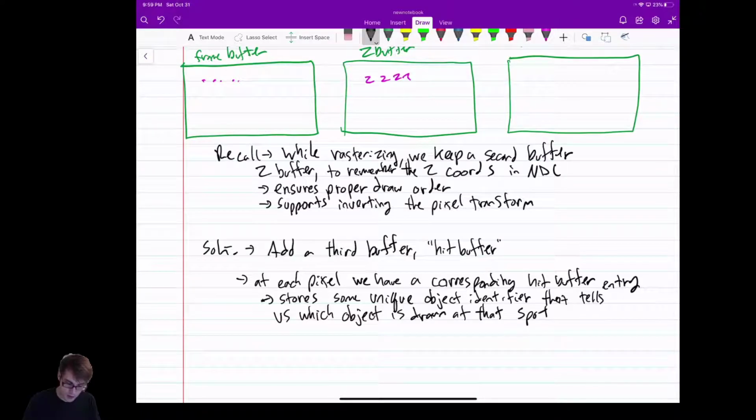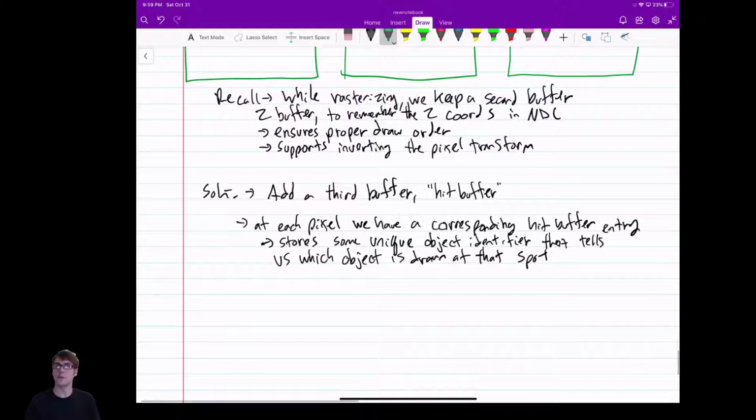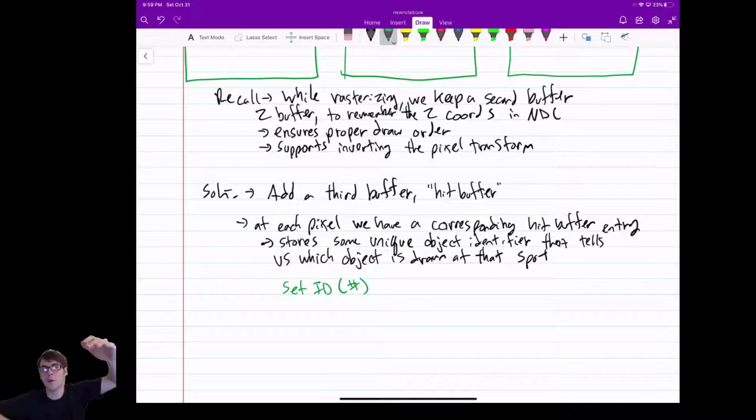So the way that it works is, in code you often do something like this. Before you draw something, you can set ID and you give some number you want. And that's nice because you get to make up these numbers. And it's also nice that it's not tied to one triangle or one primitive. If you're going to draw a building that you want to hit, or an enemy or a hand, you could say, okay, set ID to my hand ID, draw a bunch of geometry, and all that geometry gets that ID. So when I click on it, you know you hit the hand. So I set some ID, I draw my object,